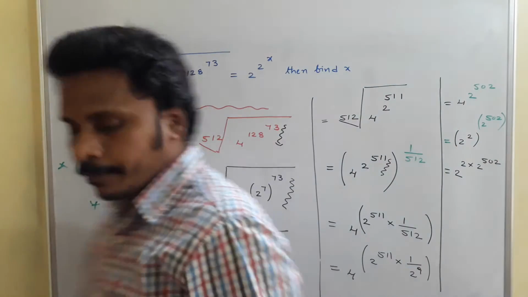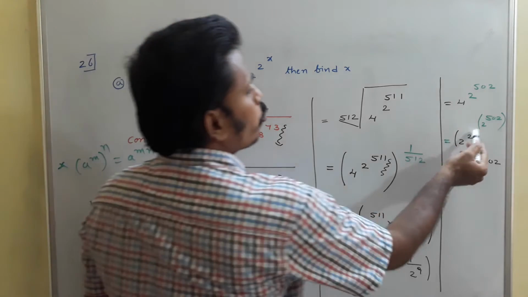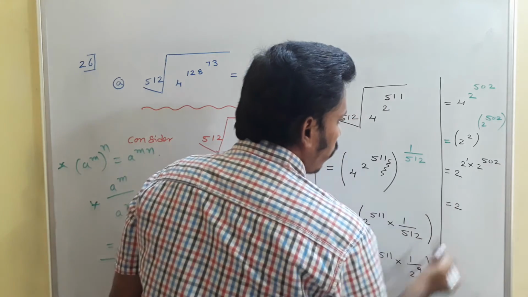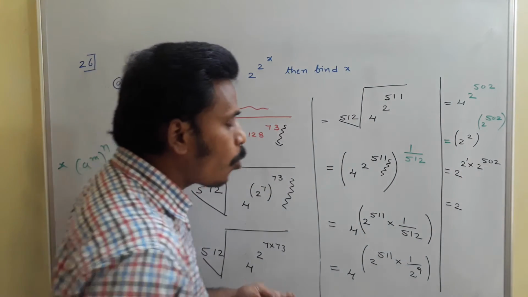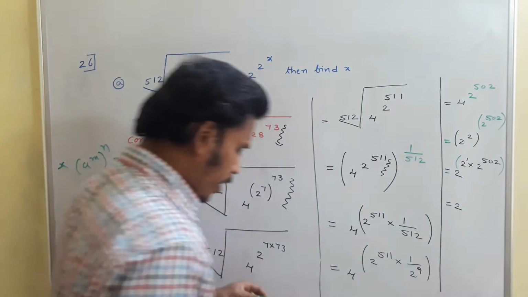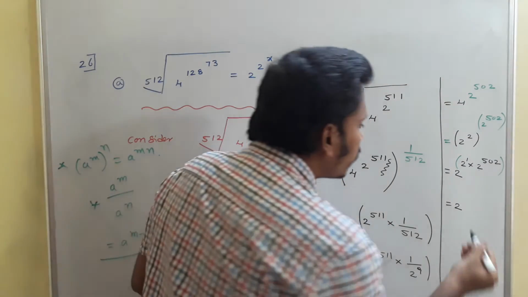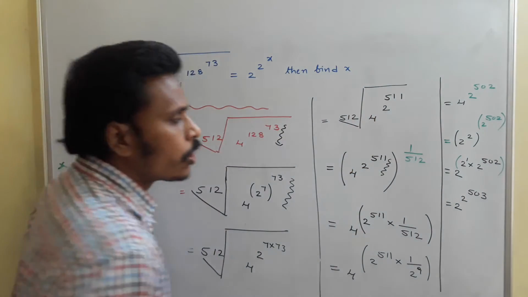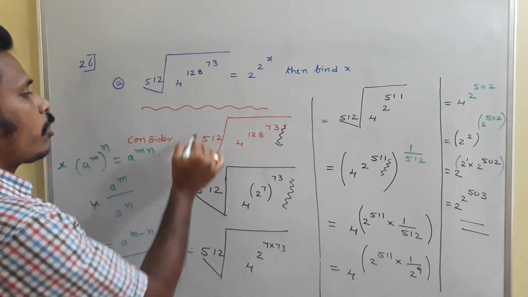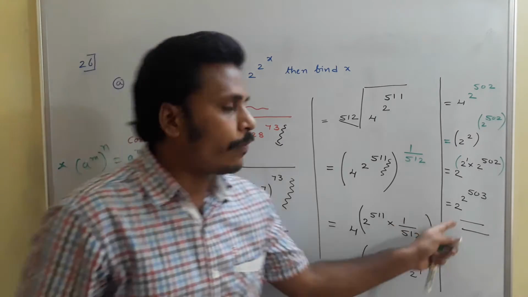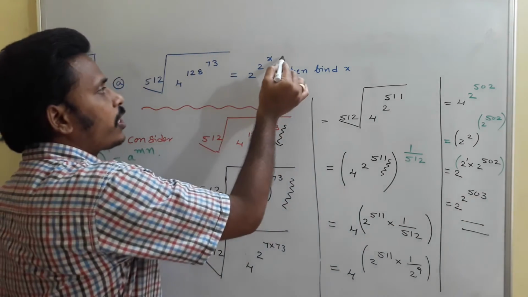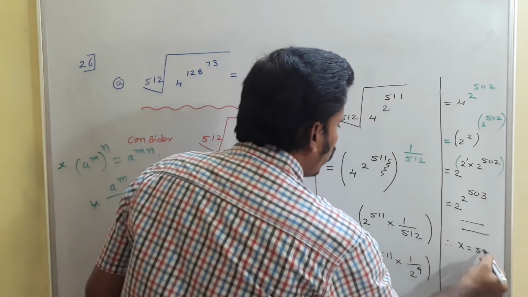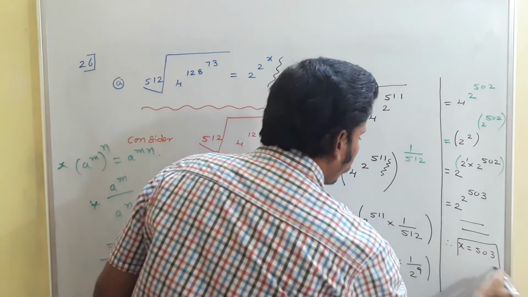With that idea, here 2 into 2 power 502. And this in turn represents 2 power 1 and this is 2 power 502. You just pay attention only on this power. Okay? There we will write it like 2 power 503, 502 plus 1. So at the end, the simplification of this given left side is 2 power 2 power 503, which as they mention is 2 power 2 power x. Then when you compare these two, finally our value of x is 503.